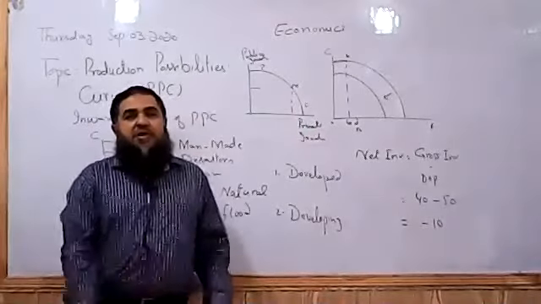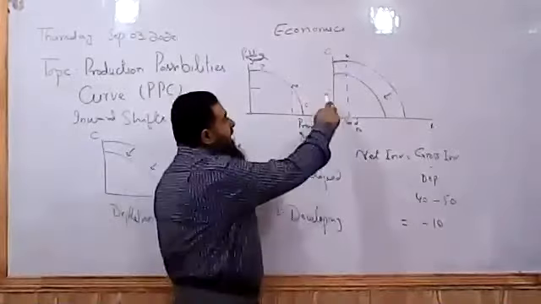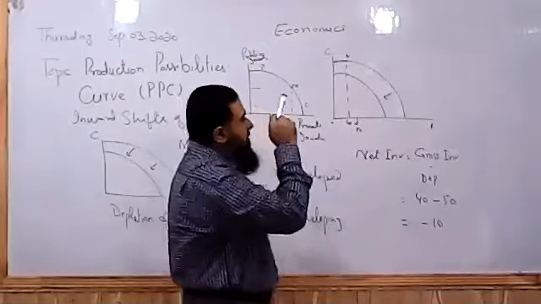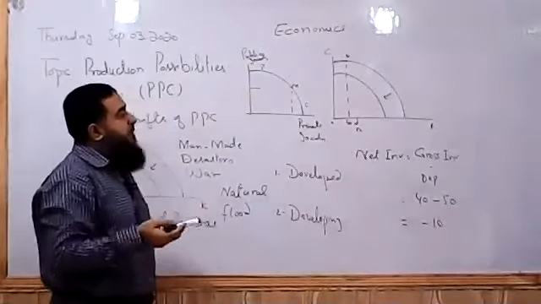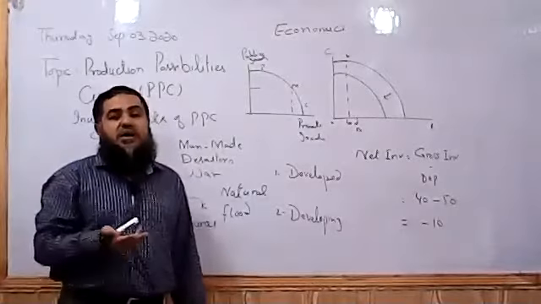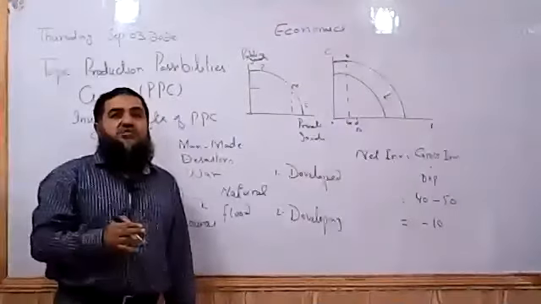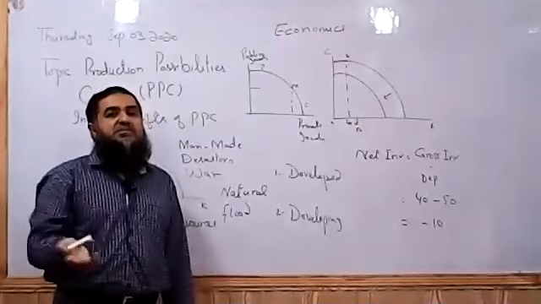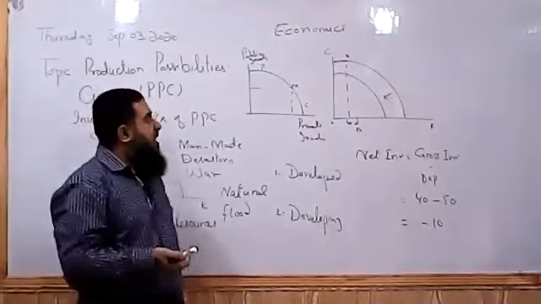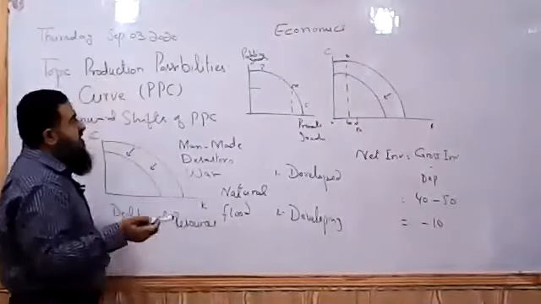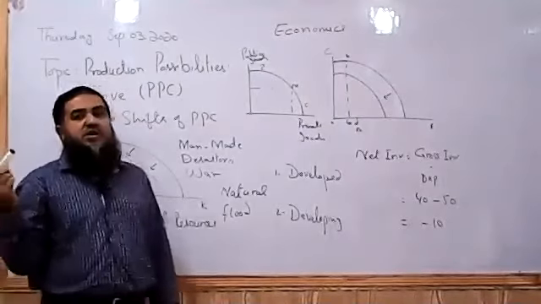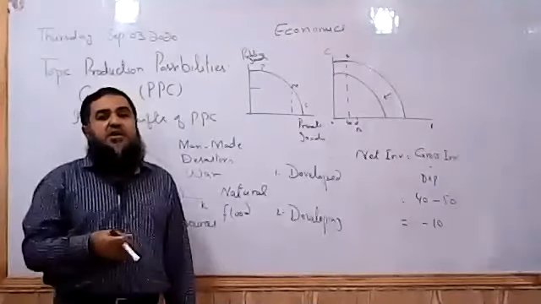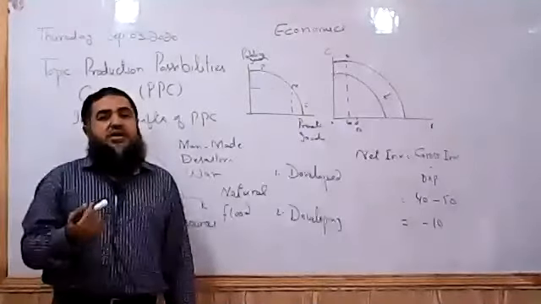So the application of PPC is that we use PPC to show the living standard of countries, what types of goods they are producing. If a country is producing more capital goods, in future its living standard will be high. And if it is producing more consumer goods, then its present living standard can be higher, but in future it will have fewer goods and services, so living standard will fall. And when we talk about the defense of the country, when we are producing more defense items, our living standard related to defense is high, but the rest of the country will not have that level of consumer goods or other goods to be consumed.